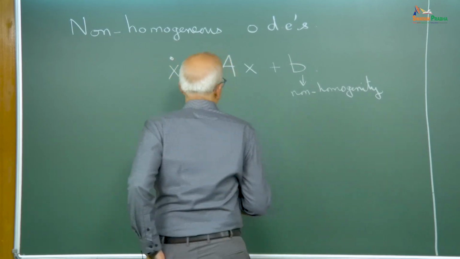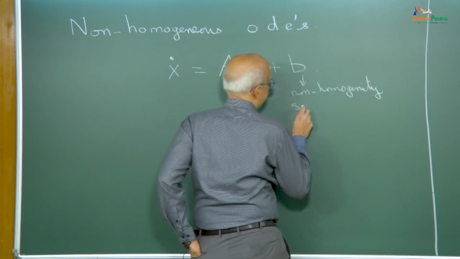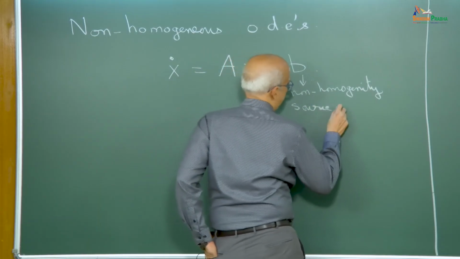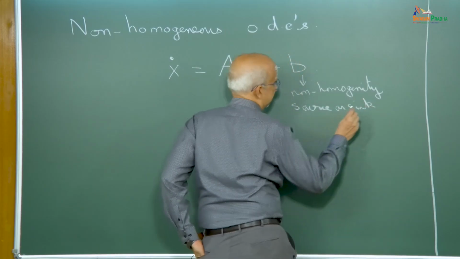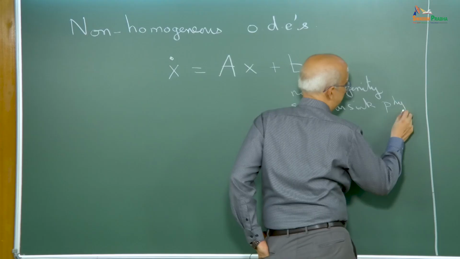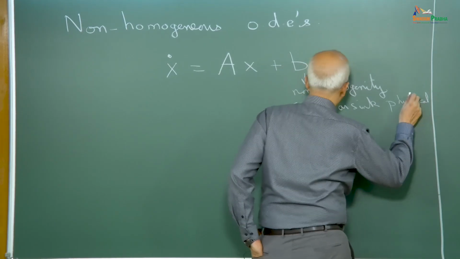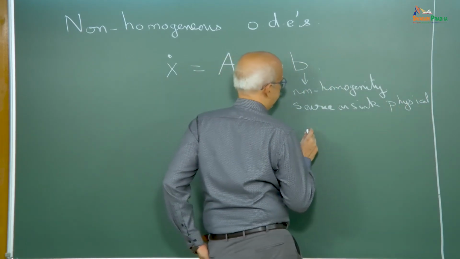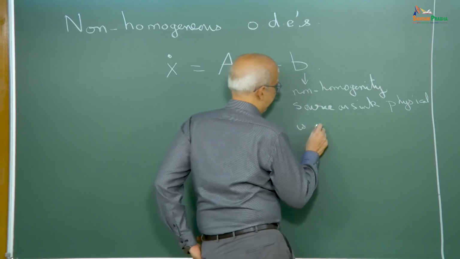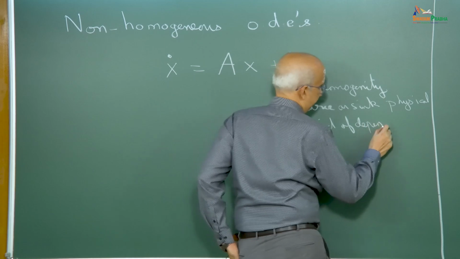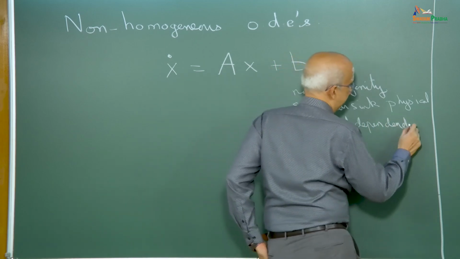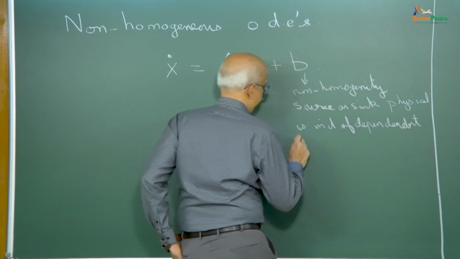This non-homogeneity is usually a source or a sink physically. This is the physical meaning, and is independent of the dependent variable,